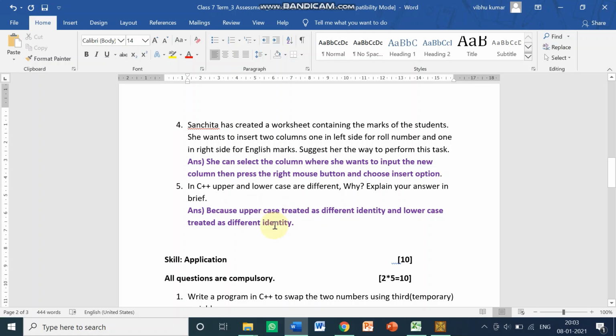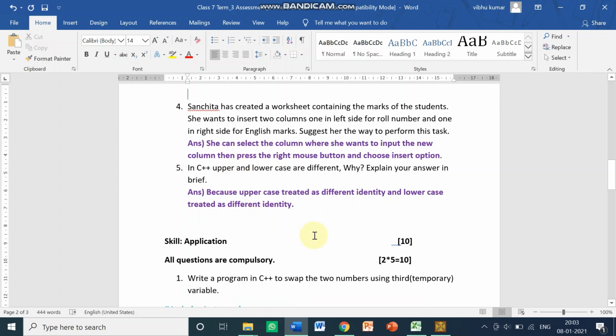Because we can give the variable name in uppercase also and lowercase also. But if you are printing any answer or something like that, you should use that variable only, because it will treated as different identity in the C++.